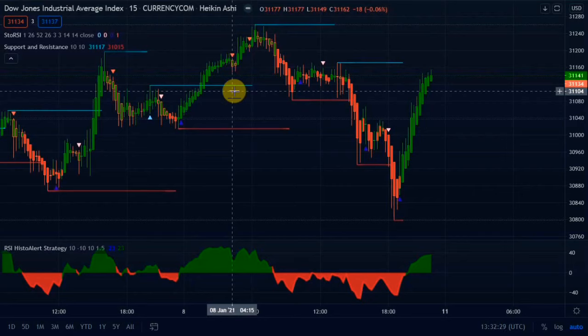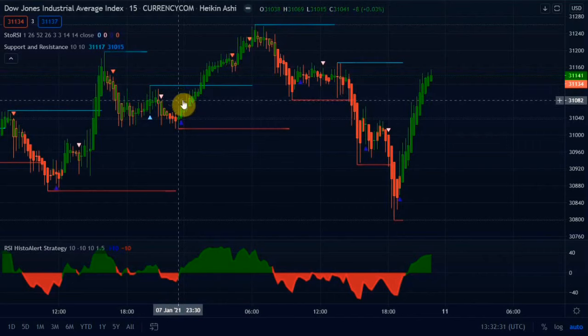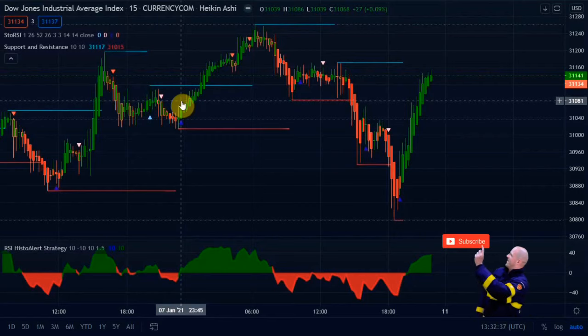Whenever you see a buy arrow, like for example this buy arrow, the only thing that will make you take that particular trade is when you see that your RSI indicator below is green. Whenever your RSI is green, your candlestick will be green, because the RSI also works with the candlestick. So whenever you see that your RSI is green and then you see a buy arrow, you go for that trade. Set your stop loss to the